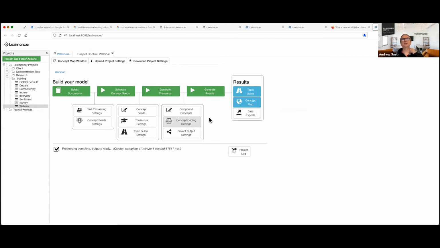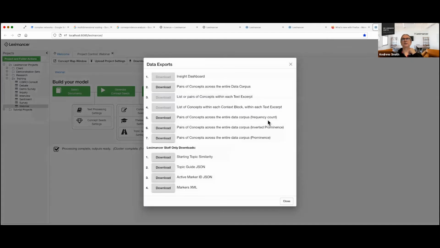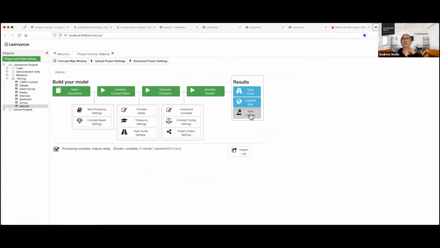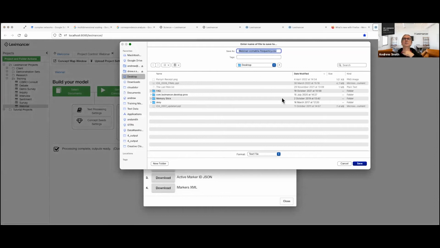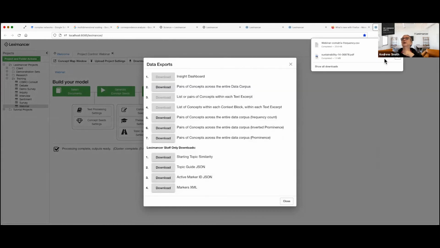So if you want to see the output of the coding process, you can go into data exports here. And let's have a look at this one here, number 5 in the data exports. It's actually a CSV file that's trying to download for me. So I'm going to download that CSV, and then let's go and find it and open it with just a spreadsheet. So I'm going to open that in Excel. So this is